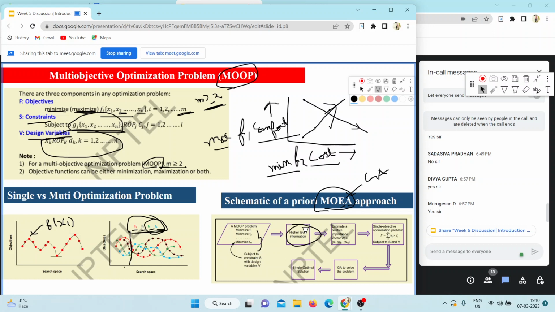Now we will convert this multi-objective optimization to single objective optimization, like this cost and comfort. If we put a weight for this, and let it be J, then J equals w f1 plus 1 minus w